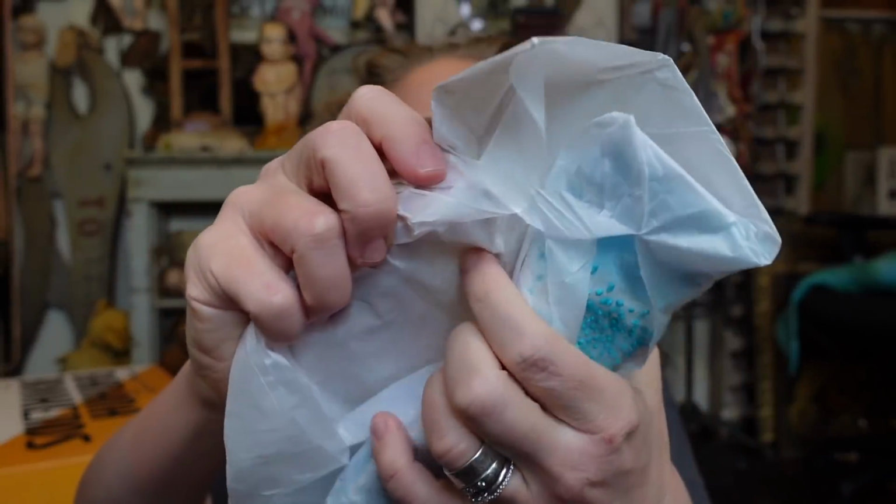So this was, I think, $22.73. So not super cheap, and it seems kind of small. So let's open it up and evaluate together. So it just came,